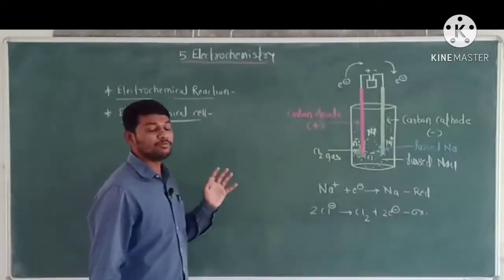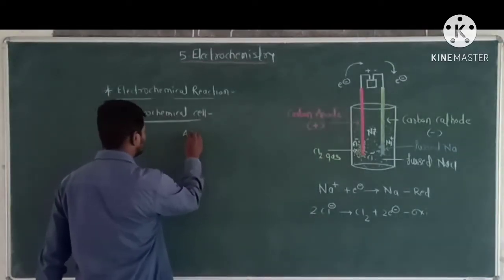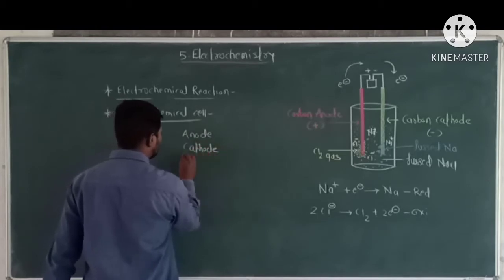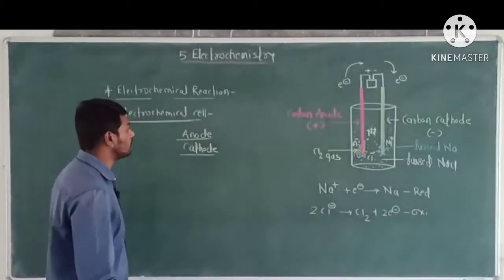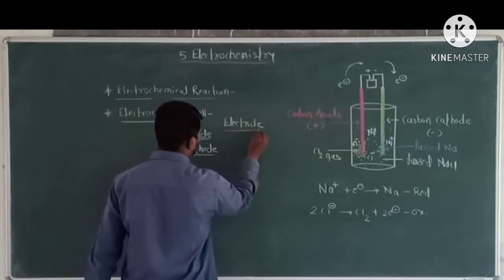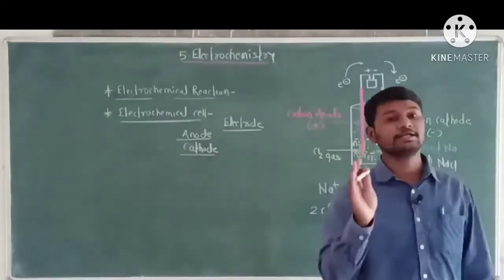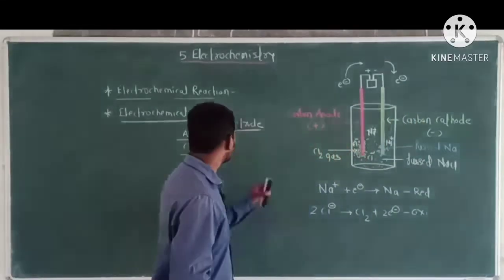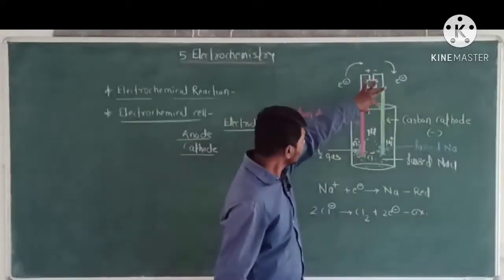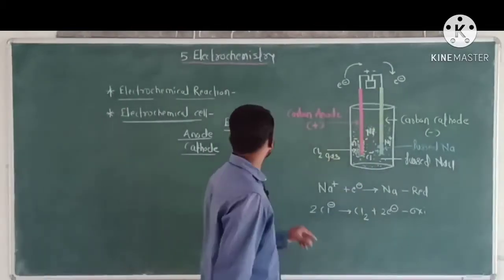Generally, the electrochemical cell has two types of electrode, that is anode and cathode. Okay. Now first of all, what is meant by electrode? The electrodes are the surfaces on which oxidation and reduction reactions occur. This is the electrode in this cell. In this electrode, the oxidation reaction and reduction reaction occur, therefore it is called an electrode.